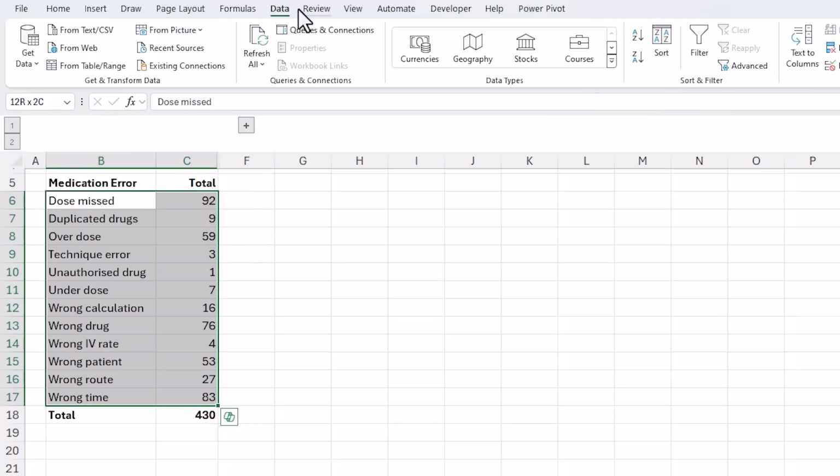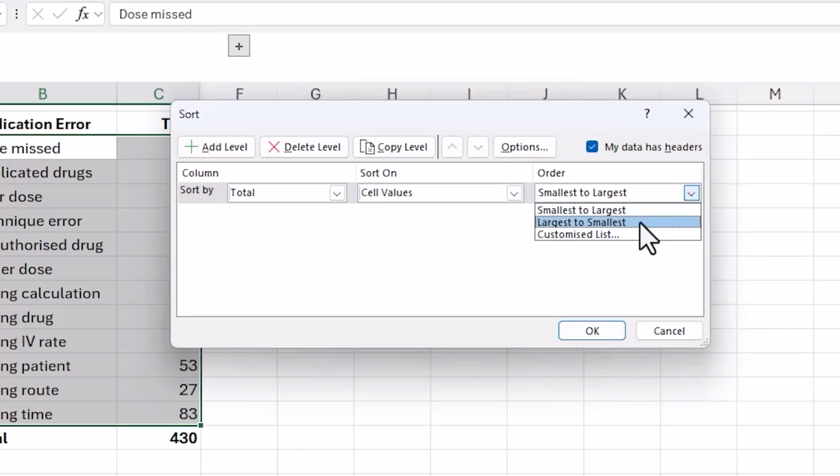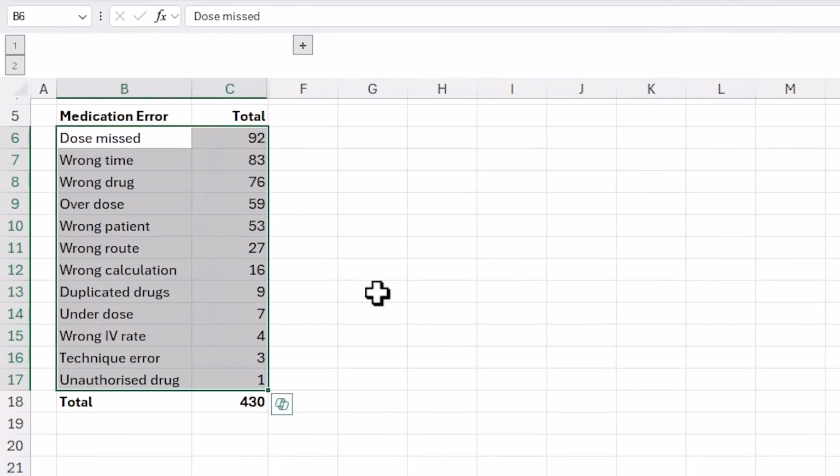So on the Data tab of the ribbon, we're going to sort. And instead of medication error, I'm going to sort by total. We'll sort on the cell values, and I want the order largest to smallest. Click OK, and now we can see that dose missed is the most frequent, followed by wrong time and wrong